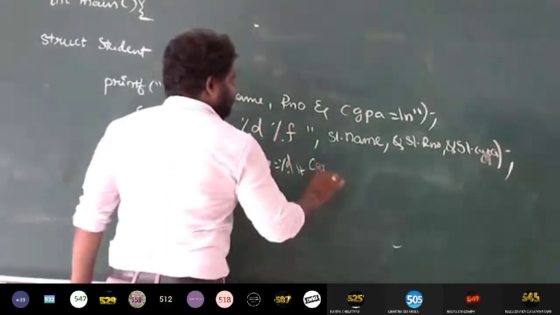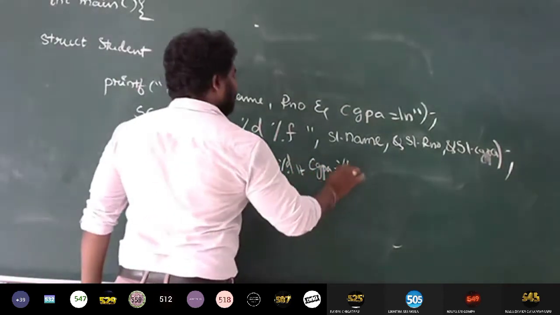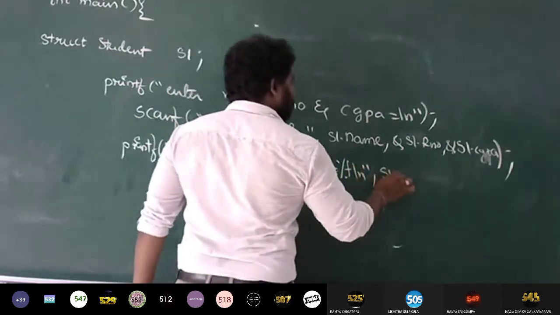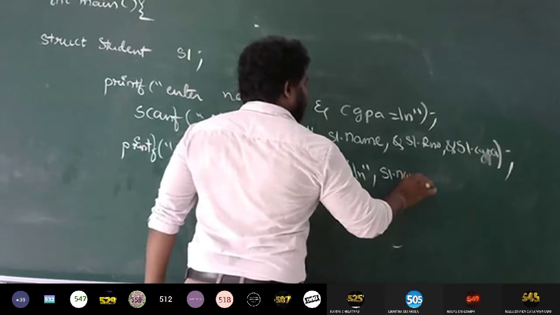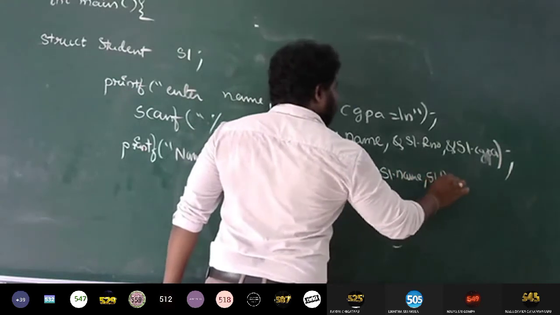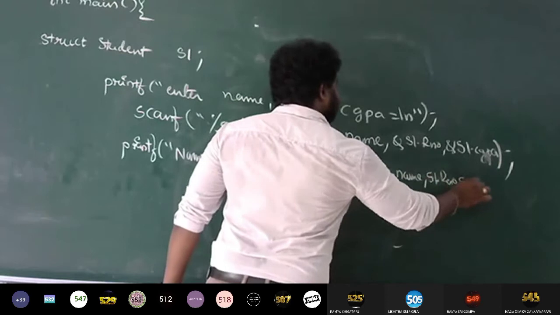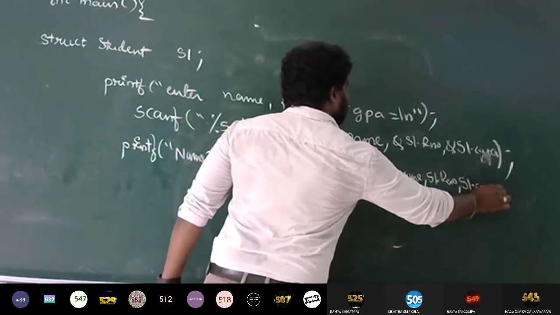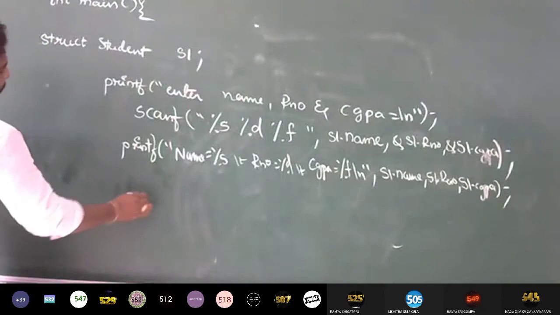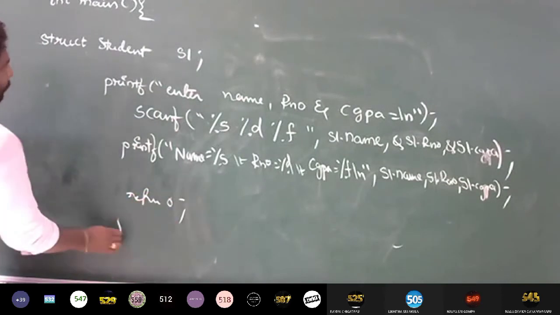Then CGPA equals to percentage f. Okay. One slash n. Then I write s1 dot name, s1 dot roll number, then s1 dot CGPA, right? So return 0, close.